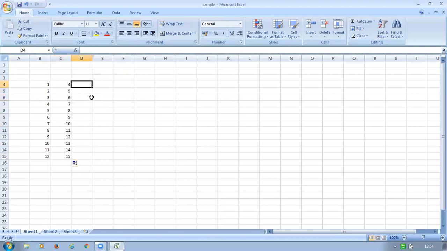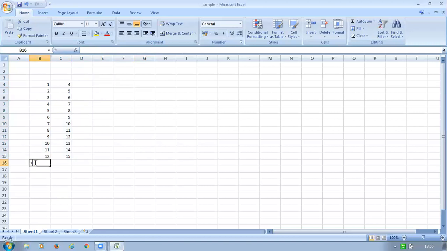So, see, if I want to add both the series, otherwise I want the sum of these series. First, we will look into the sum of the series. I want the sum of these numbers, and again the sum of these numbers at the bottom. What are you going to do? Just click here.